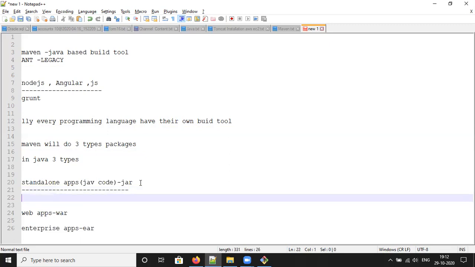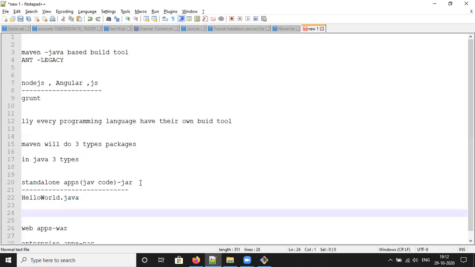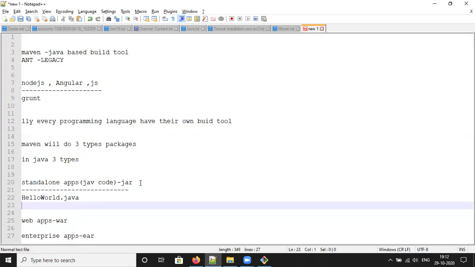For example, HelloWorld.java is a Java file which will have only the Java code. For compilation, you need a separate compiler: javac HelloWorld.java.